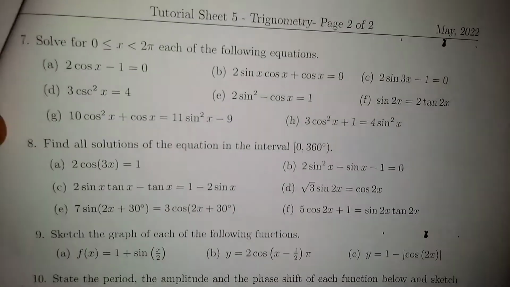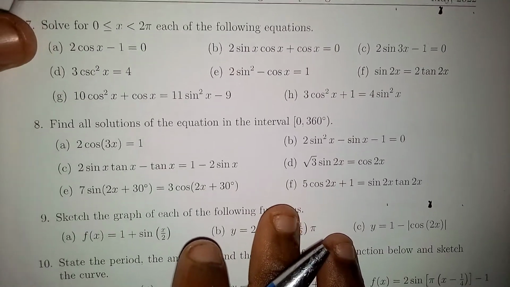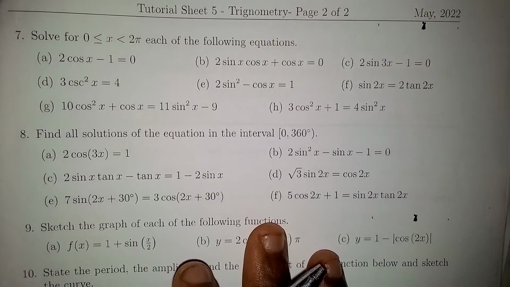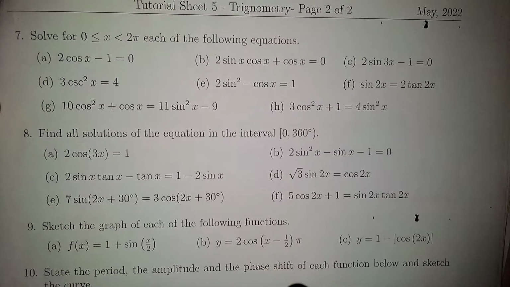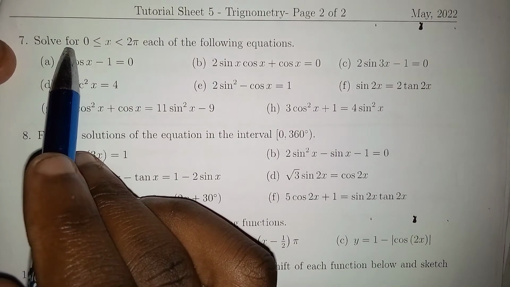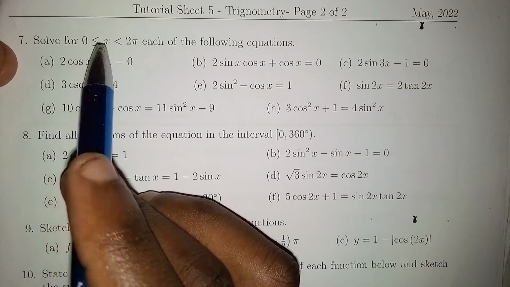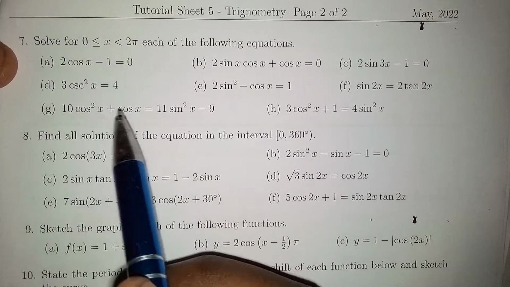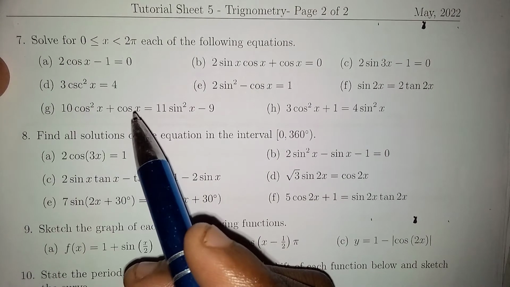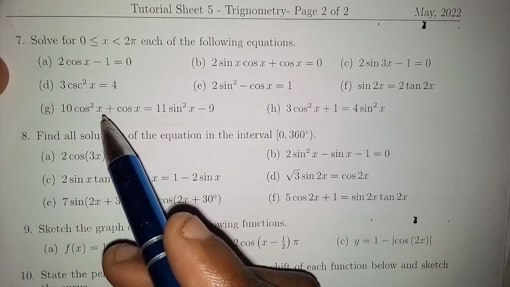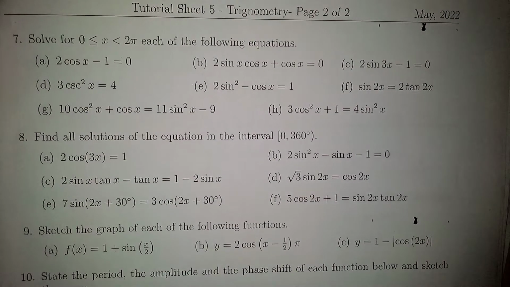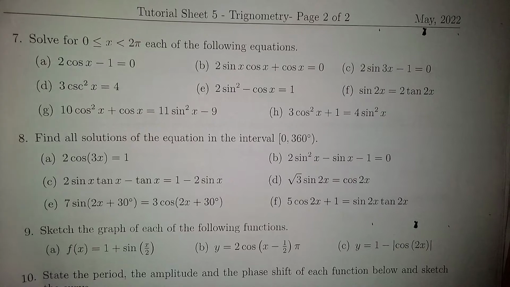Okay, so let us try to solve one or two equations involving trigonometric functions. Question 7 reads: solve for x, where x is between 0 and 2 pi, for each of the following equations. So we need to find the value of x, and x is an angle. That angle should be between 0 and 2 pi. Starting with part A,